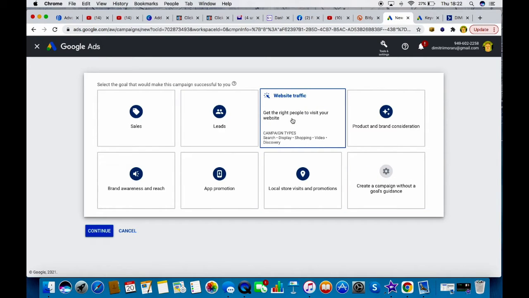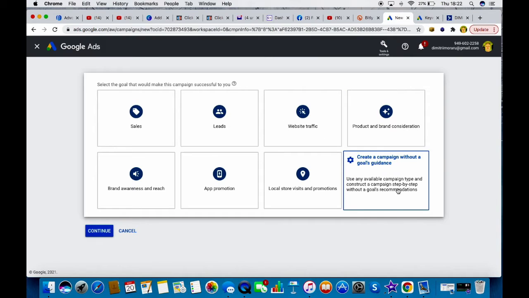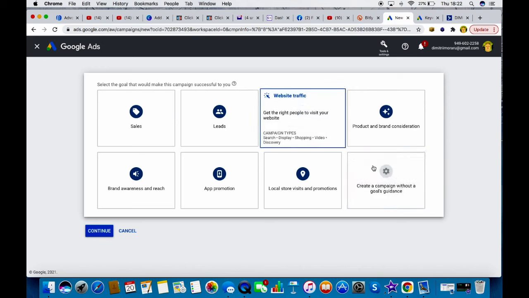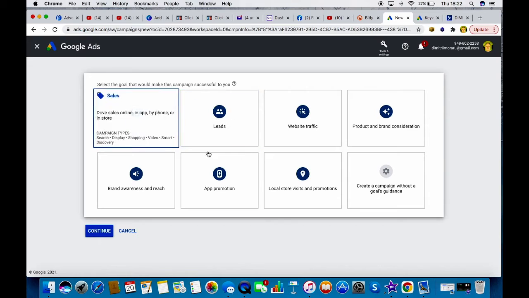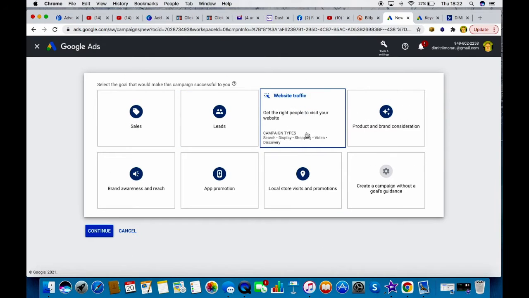I usually go for website traffic or create campaign without a goal's guidance. But it's completely up to you, though I will advise these two will cost you less at the beginning, because you don't know how the other ones work. Say we're going to choose website traffic,